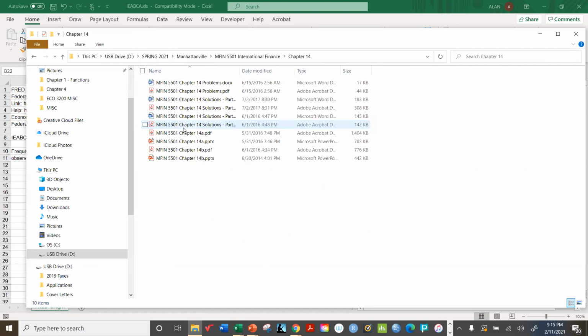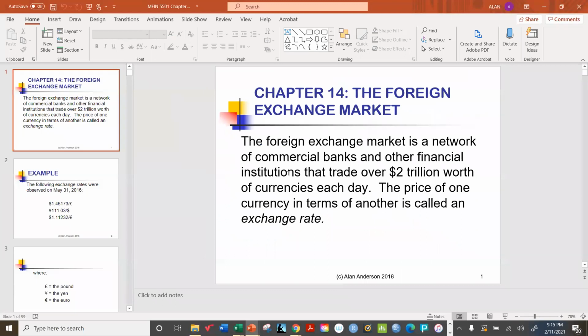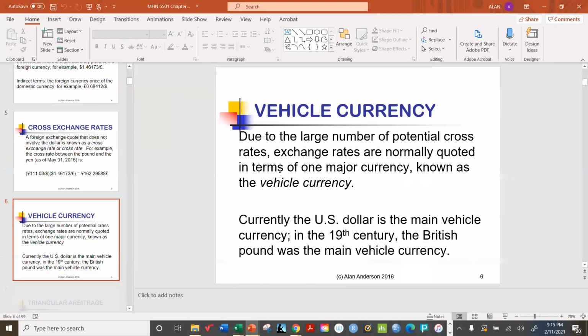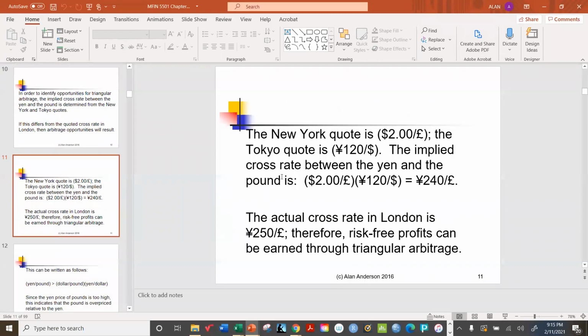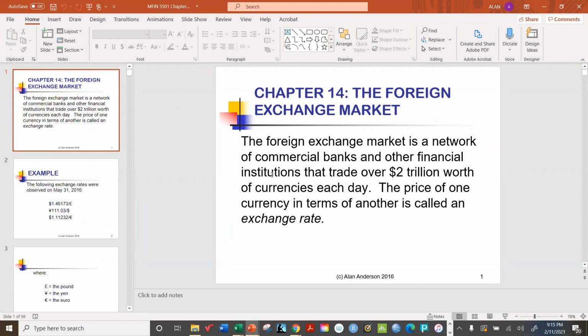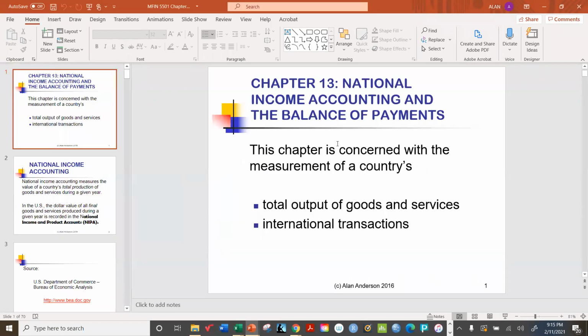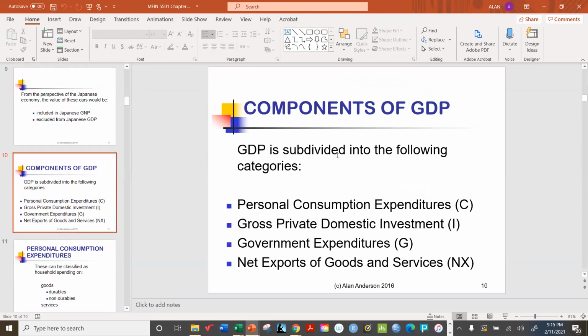Chapter 14, which will start next week, we're going to start right off the bat by looking at the foreign exchange market. And I think you'll find this to be an extremely interesting discussion. And we have a lot of interesting things to do next week. There's a certain amount of math and a lot of graphs, and this will be a lot of fun. So just remember, this week we had to look at this accounting data and understand some of these definitions,